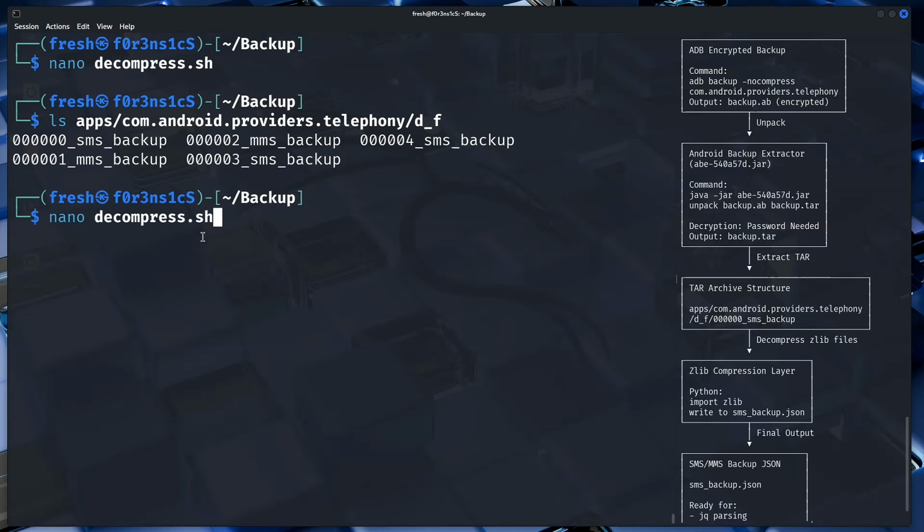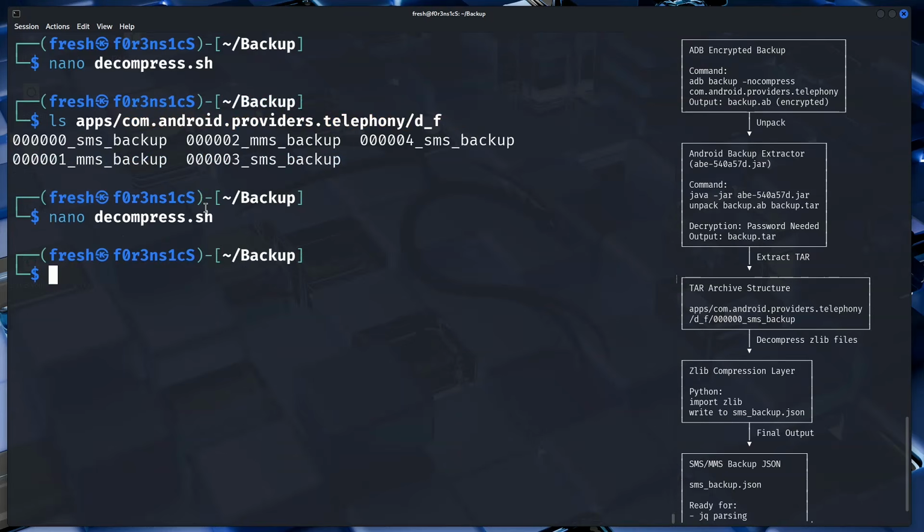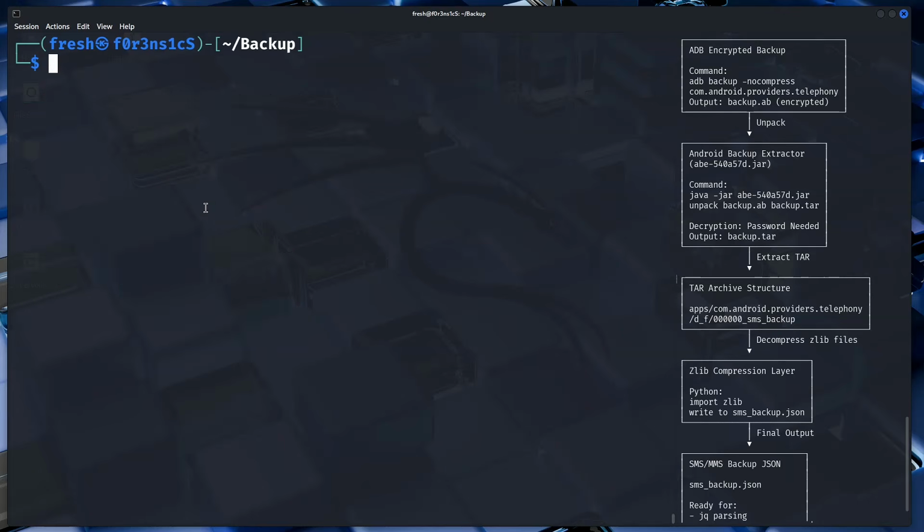Open up decompress.sh and change the backup directory to whatever directory you have, if it's different from this one. It's going to output everything to a new directory named decompressed. And that's it. So let's make the script executable by running chmod +x on decompress.sh, and we're going to run